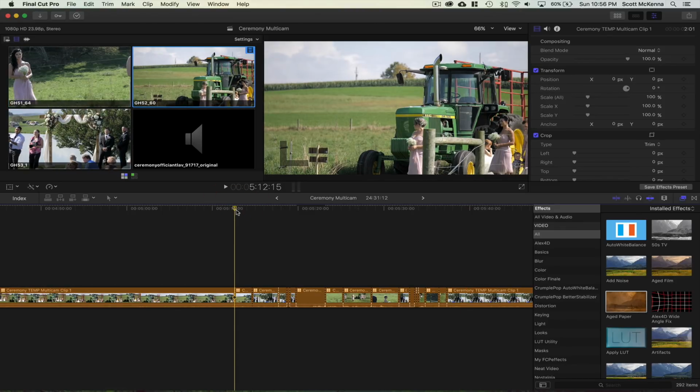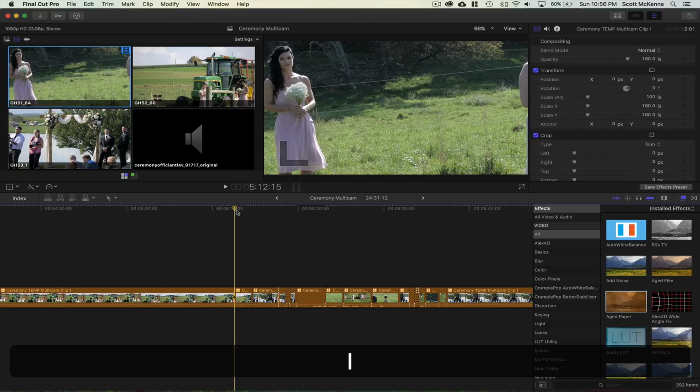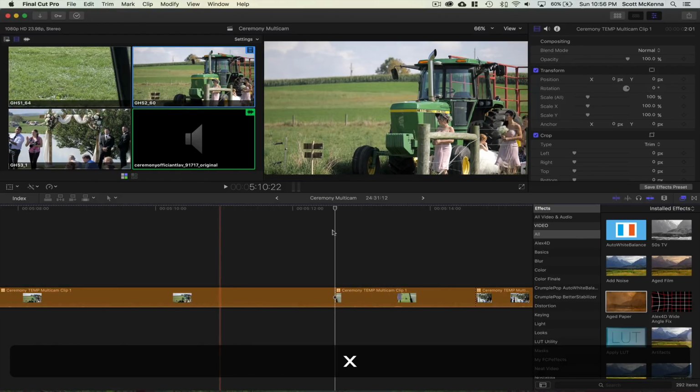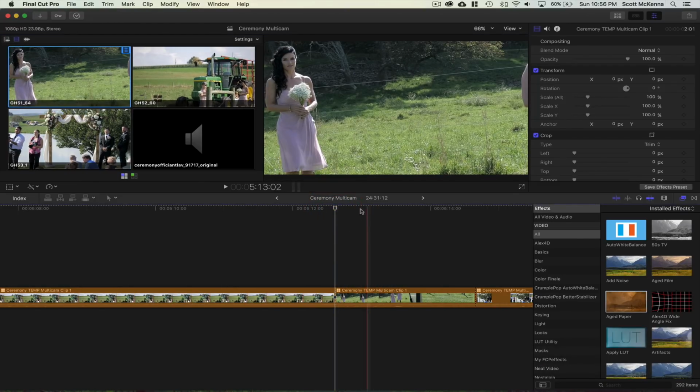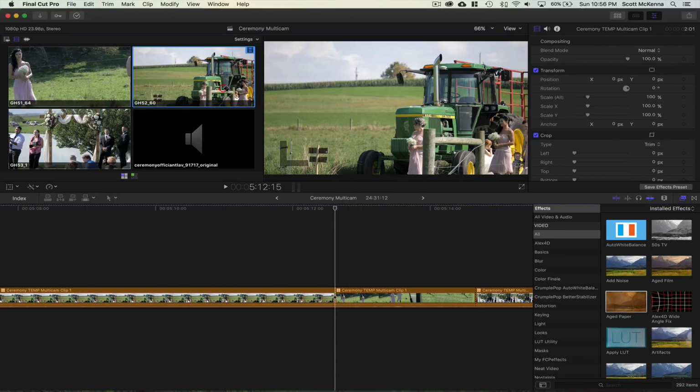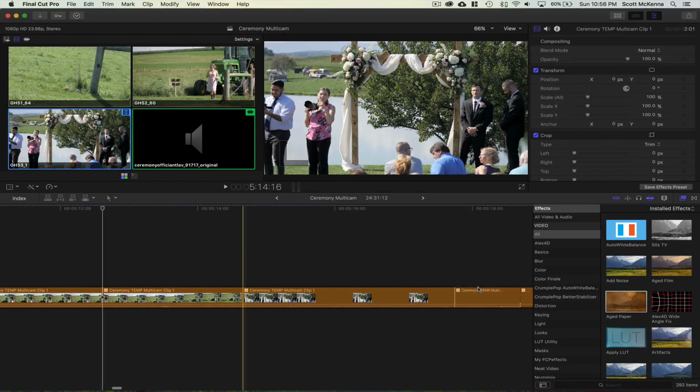So remember, 2 ways to cut cameras: either using your keys 1, 2, and 3 and cut between the cameras just like you would, which is the method I prefer, or you can just click at them and it will make your blades. Anytime you're looking to change what clip you chose, make sure you snap that playhead to the beginning of where you want the rest of it changed, and just change your camera angle and it will change it all the way to the next edit point.